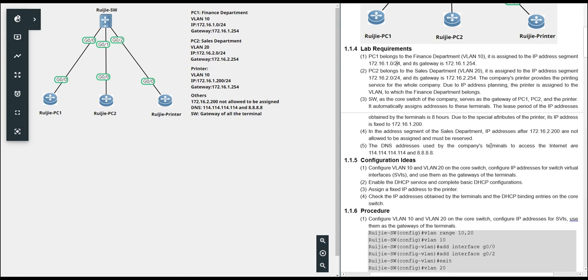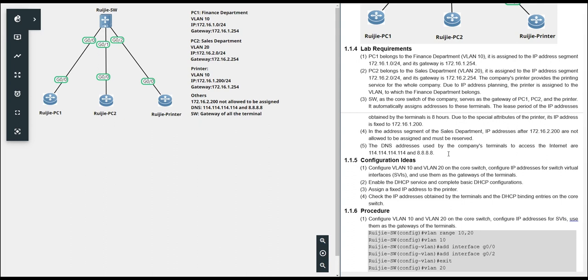And another one is the DNS address. DNS address is used by the company terminals to visit the internet, and we hope this IP address can be assigned to become 114.114.114.114, and another one 8.8.8.8.